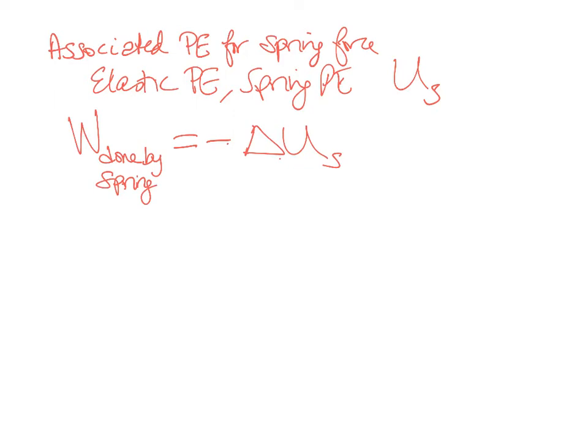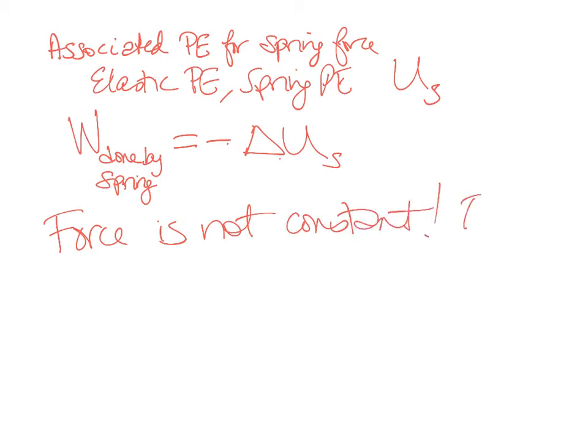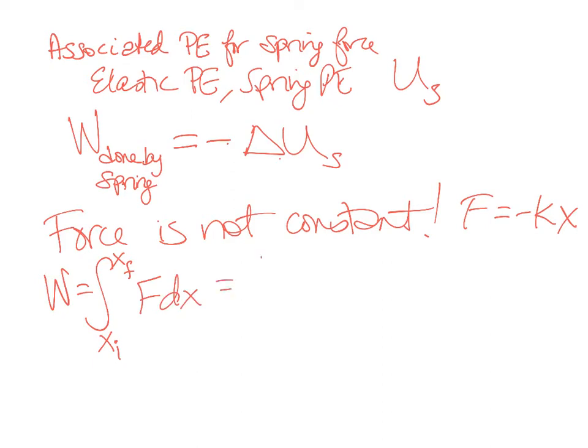So work done, right? Oh, it's just like Fx, right? Or is it? The force is not constant, right? F is negative kx, right? So if we actually calculate the force, we have to do an integral. And that work is going to be F dx,